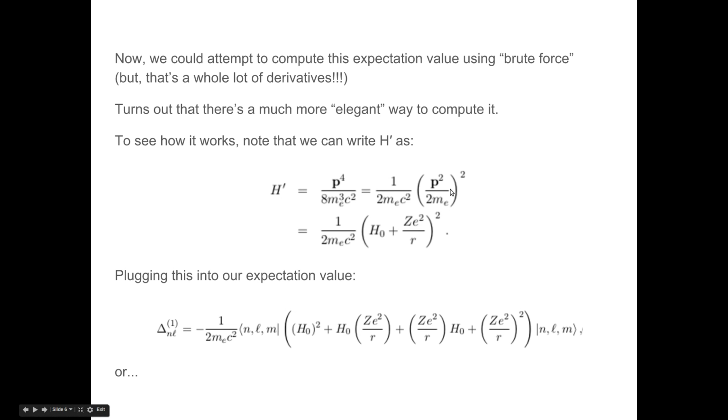But that P squared over 2m is just the normal kinetic piece, so I can write the normal kinetic piece as the unperturbed Hamiltonian minus the potential. And the potential in this case is a Coulomb, so it's plus z squared over r. Okay, so I've rewritten my perturbation Hamiltonian in terms of the unperturbed Hamiltonian and the Coulomb potential piece,